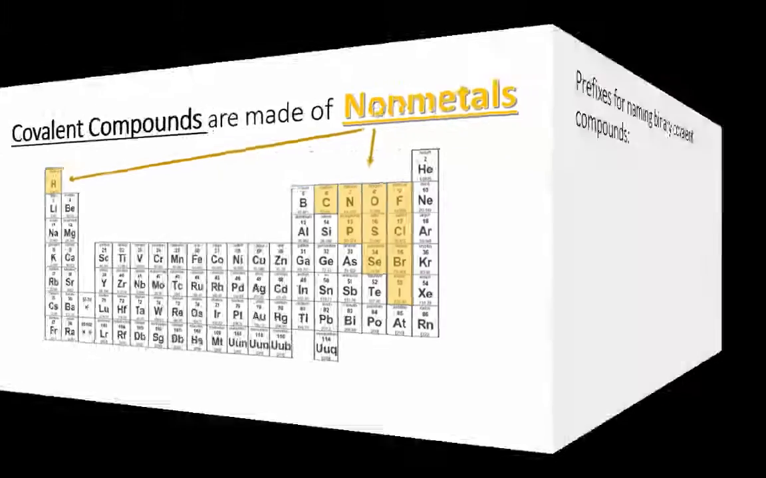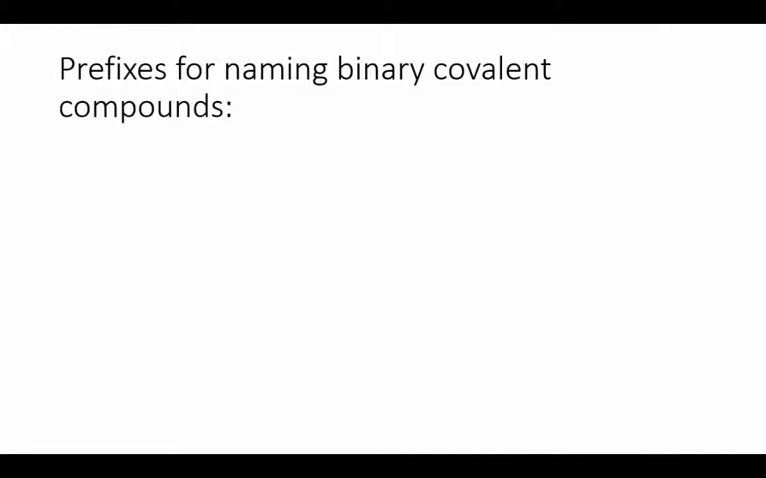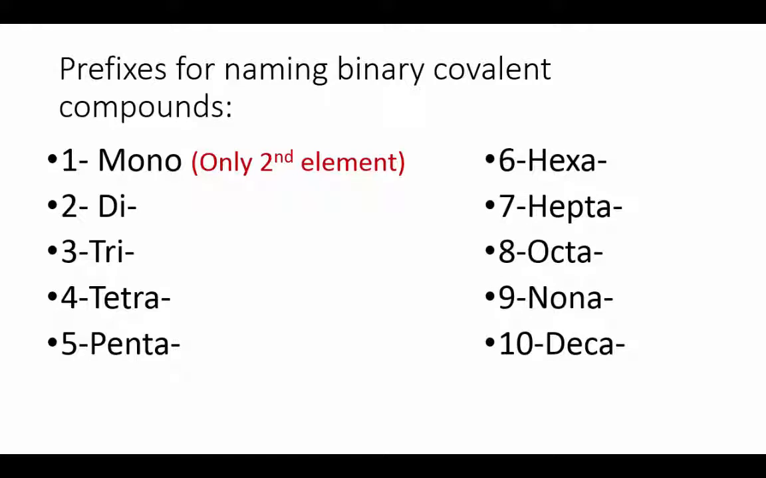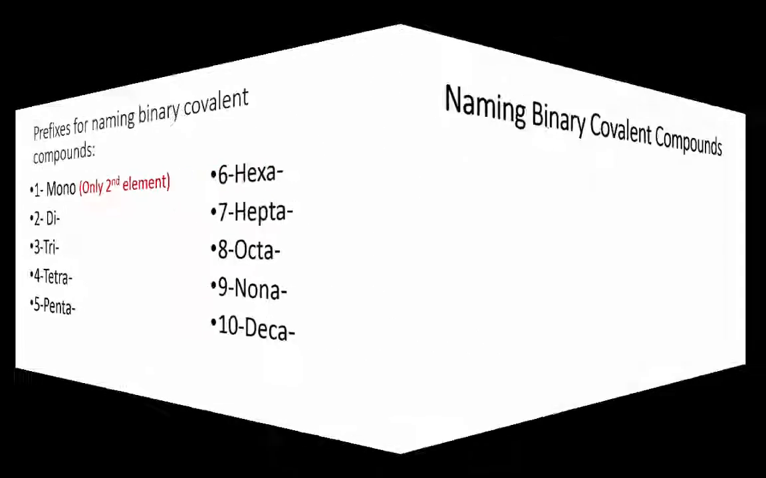We'll be using prefixes for naming binary covalent compounds, and the first one is mono. Mono is a little bit unique in that we only use mono with the second element of a binary compound, never with the first. The remaining prefixes are di, tri, tetra, penta, hexa, hepta, octa, nona, deca. So 1 through 10, those are our prefixes. If you don't have those written in your notebook, write those in now, because we'll need them for naming binary